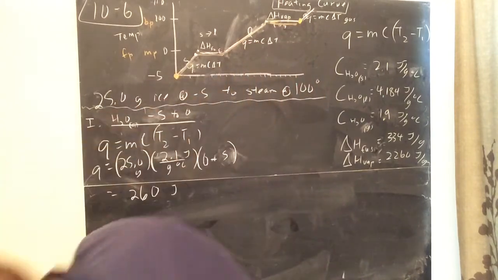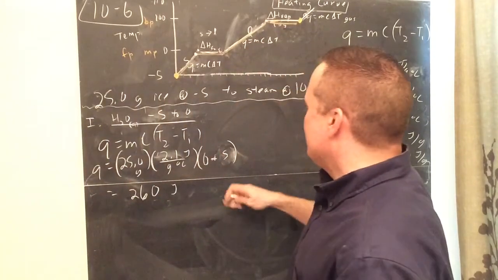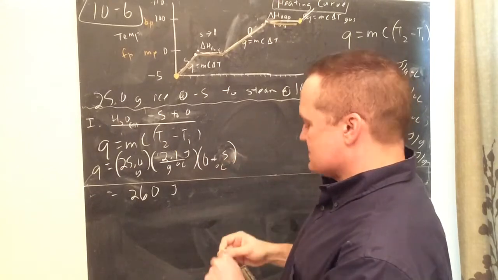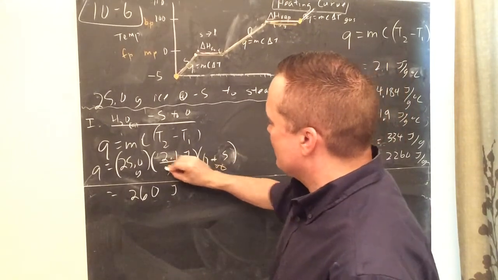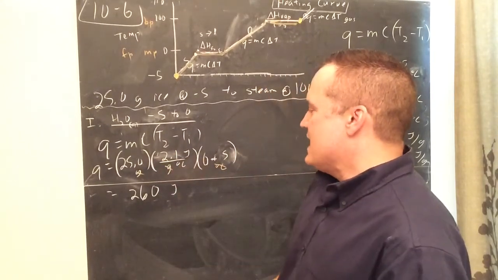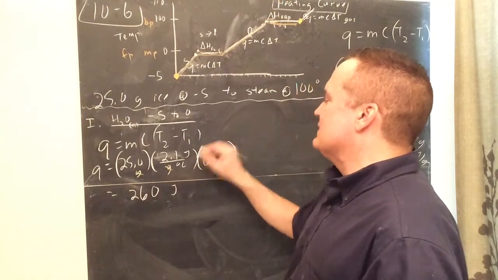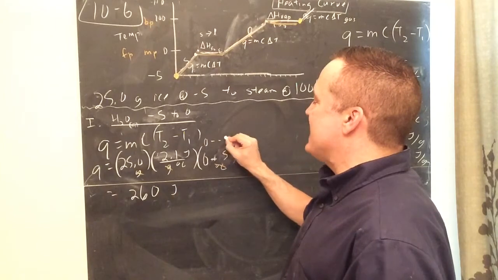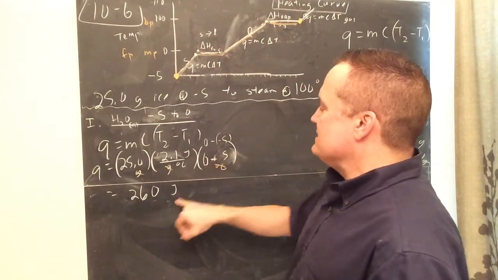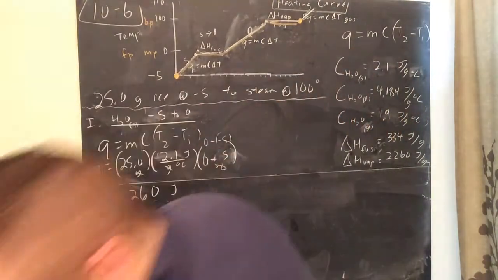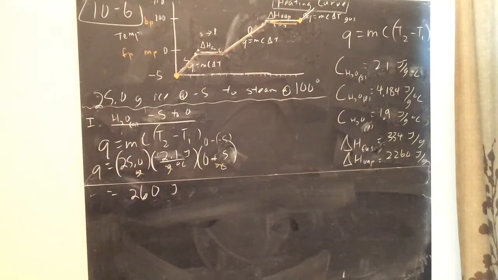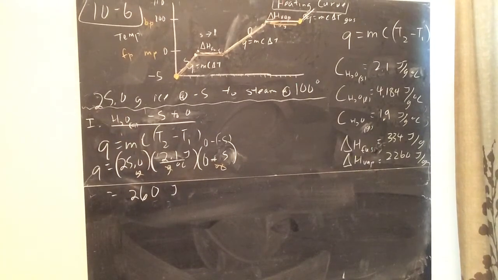And I did not show the cancellations. If you want to show them, these are all Celsius, so the Celsius would cancel, gram, but you're left with joules. Also, you see the number is a positive value because it was 0 minus -5. So that means it's endothermic, and that makes sense. You have to add heat